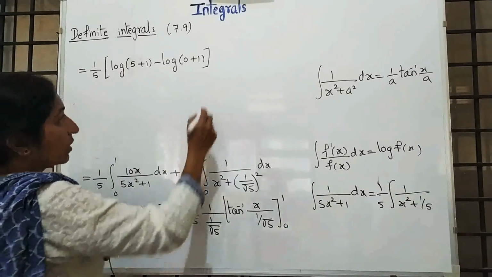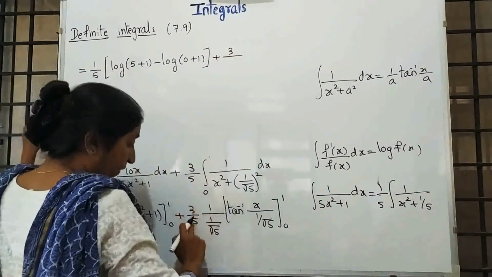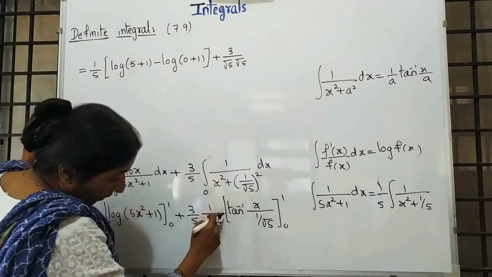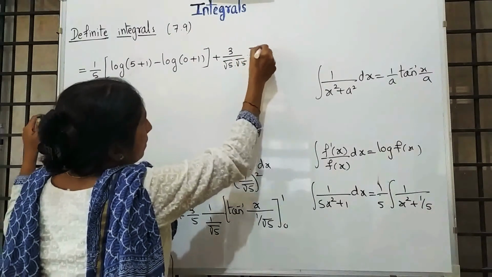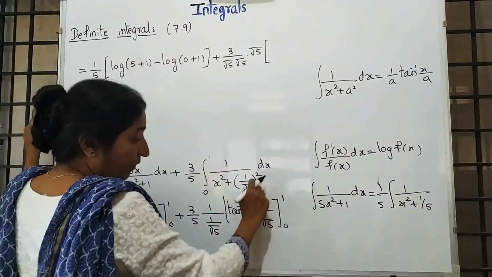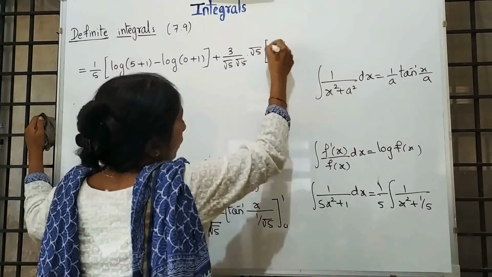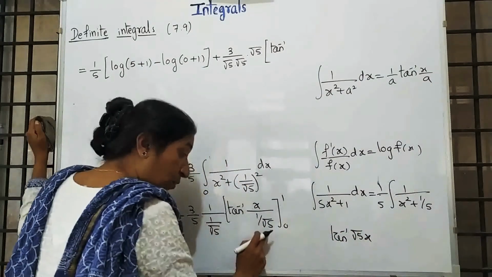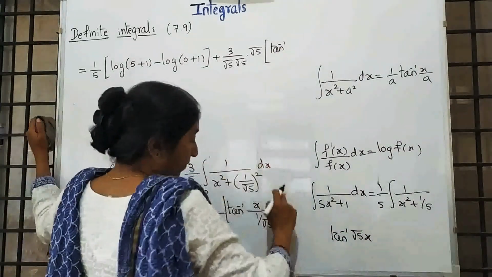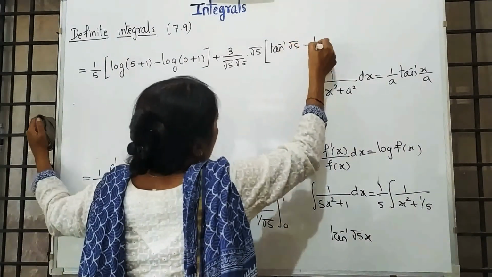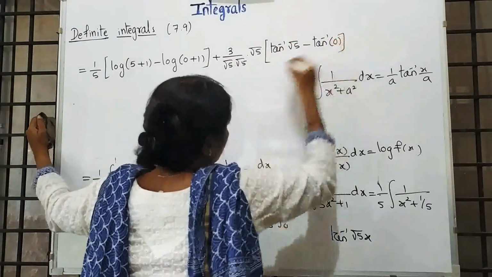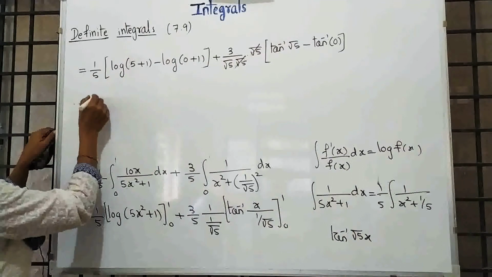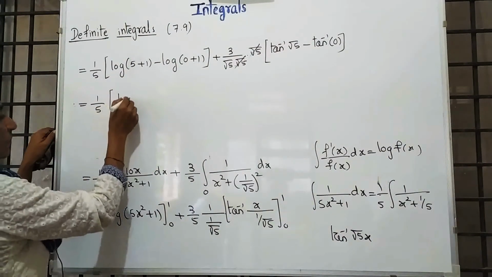And here what I am doing? 3 upon 5, I am writing as root 5 into root 5. And it is 1 upon 1 by root 5. That root 5 goes up in the bracket. It is tan inverse of root 5 x. Now write down the upper limit. Upper limit is 1, root 5, minus lower limit is 0. Here this root 5 and root 5 get cancelled. It is 1 by 5 (log 6 minus log 1)